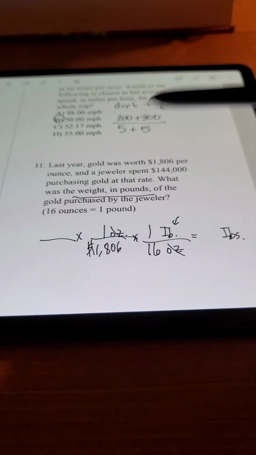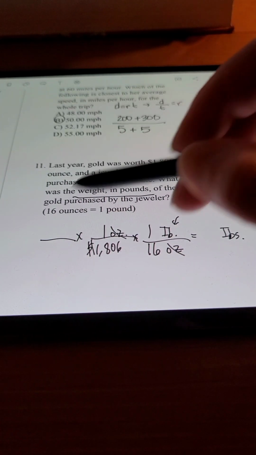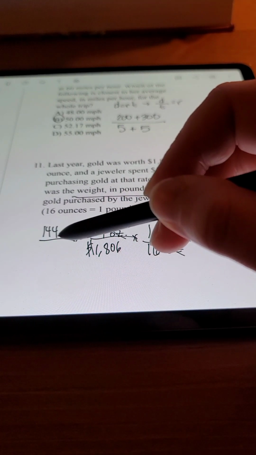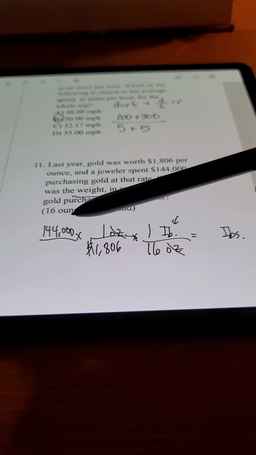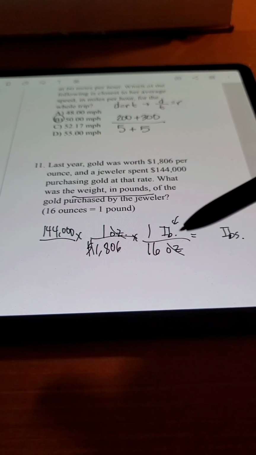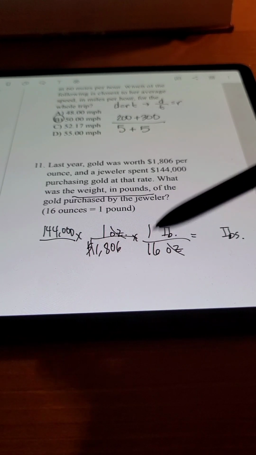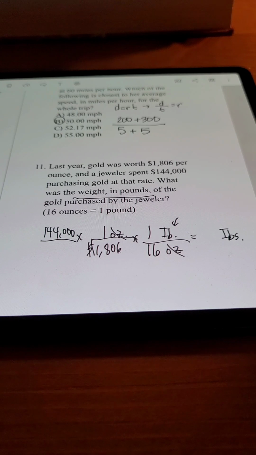So I want to cancel out dollars now. Whoops, I meant to put multiplication. So now I'm going to see, okay, how could I do that? Well, I could just multiply by the 144,000. So that's what I'm going to do. So I'm going to do 144,000 divided by 1,806 and then divided by 16. And when I do that, I'm going to get